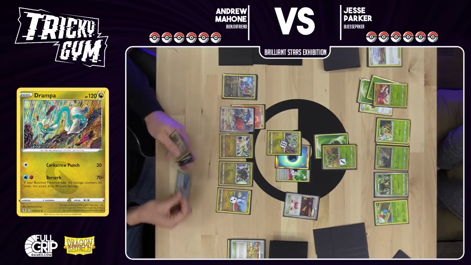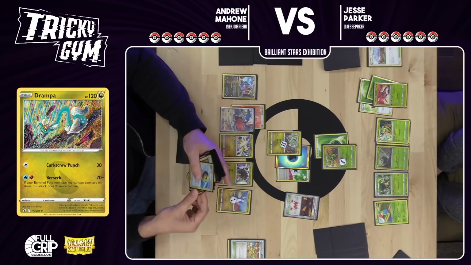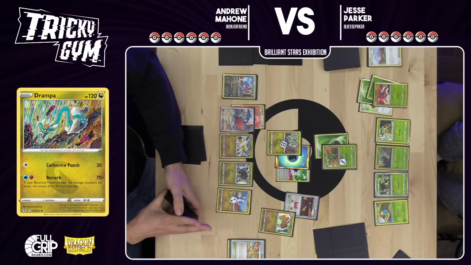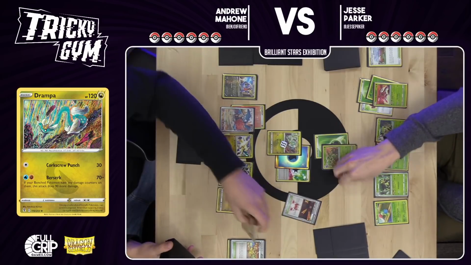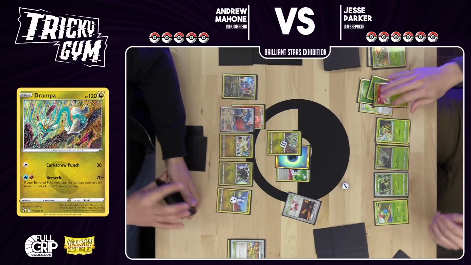I'm going to Dragon Call real quick before I do that. Dragon Call just to get the Dragonites out of my deck. And then we're going to Berserk and take that big 160 damage knockout. I'm going to need to deal with that 160 damage right away. Yes, because the Drampa